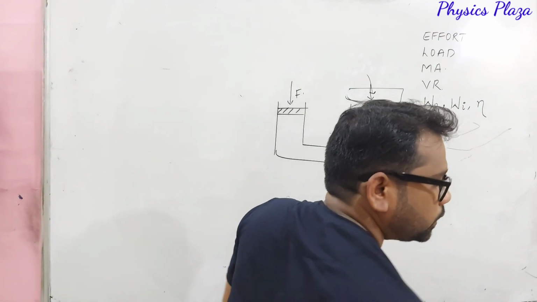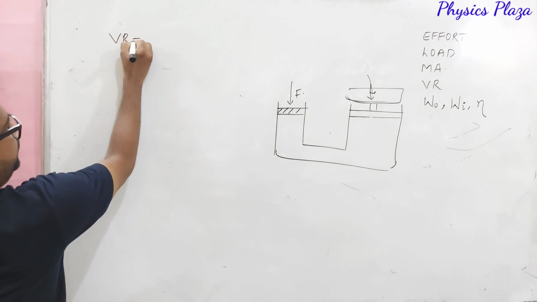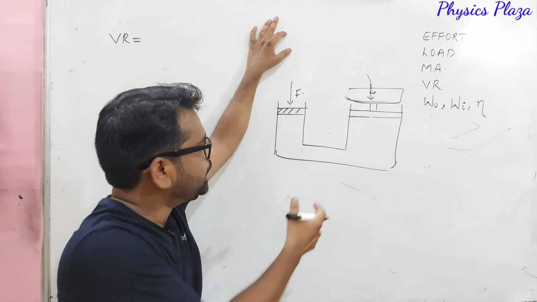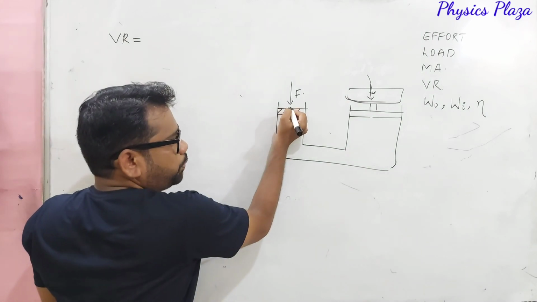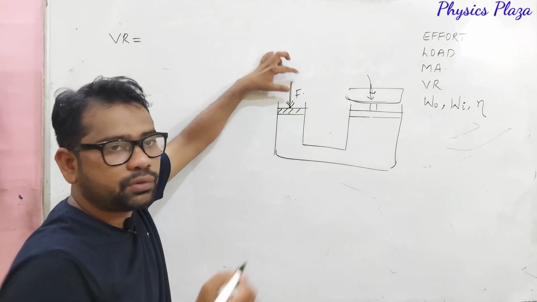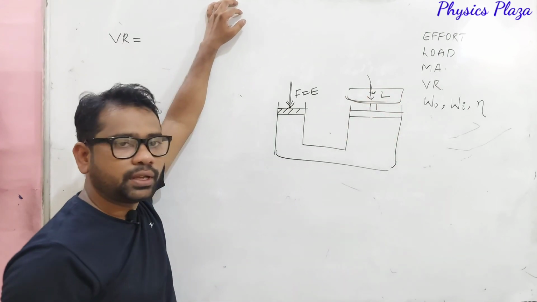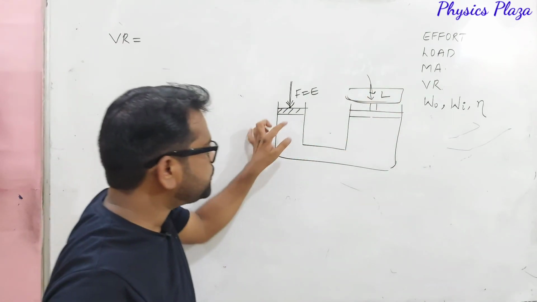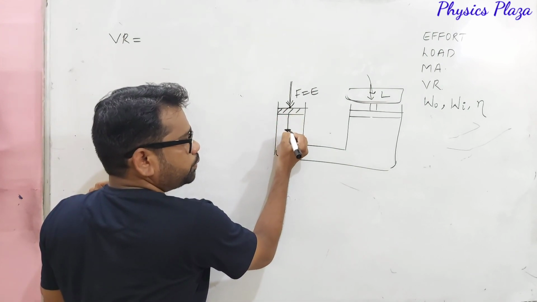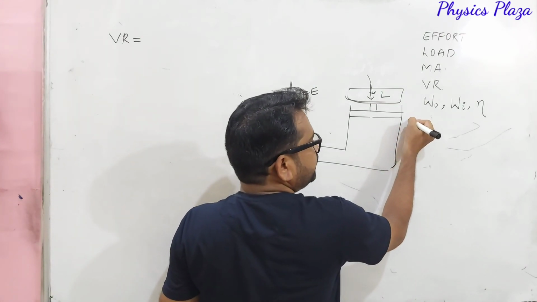Now let us see velocity ratio, how it is defined. So in order to understand this velocity ratio, again let us come back to our force multiplier, that is our hydraulic machine only. So children, this is a point where we are applying the force, that is fine. So the force which we are applying, we can call it as effort actually. It is nothing but effort, and this is nothing but actually load. The moment when you apply the force on this piston, don't you think that it will move downward direction? Obviously. Then what happens? Simultaneously, this load also will move upwards.